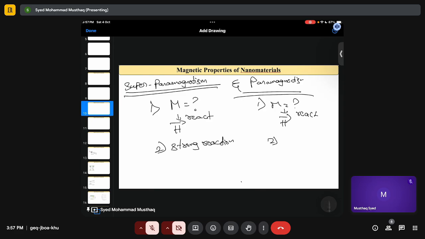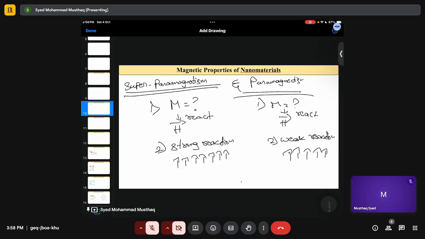This is a bit weaker reaction, because in superparamagnetism everything will get aligned in a single direction. But in paramagnetism, not every spin will get aligned. Some spins may not get aligned. So even if I compare the best state of paramagnetism,